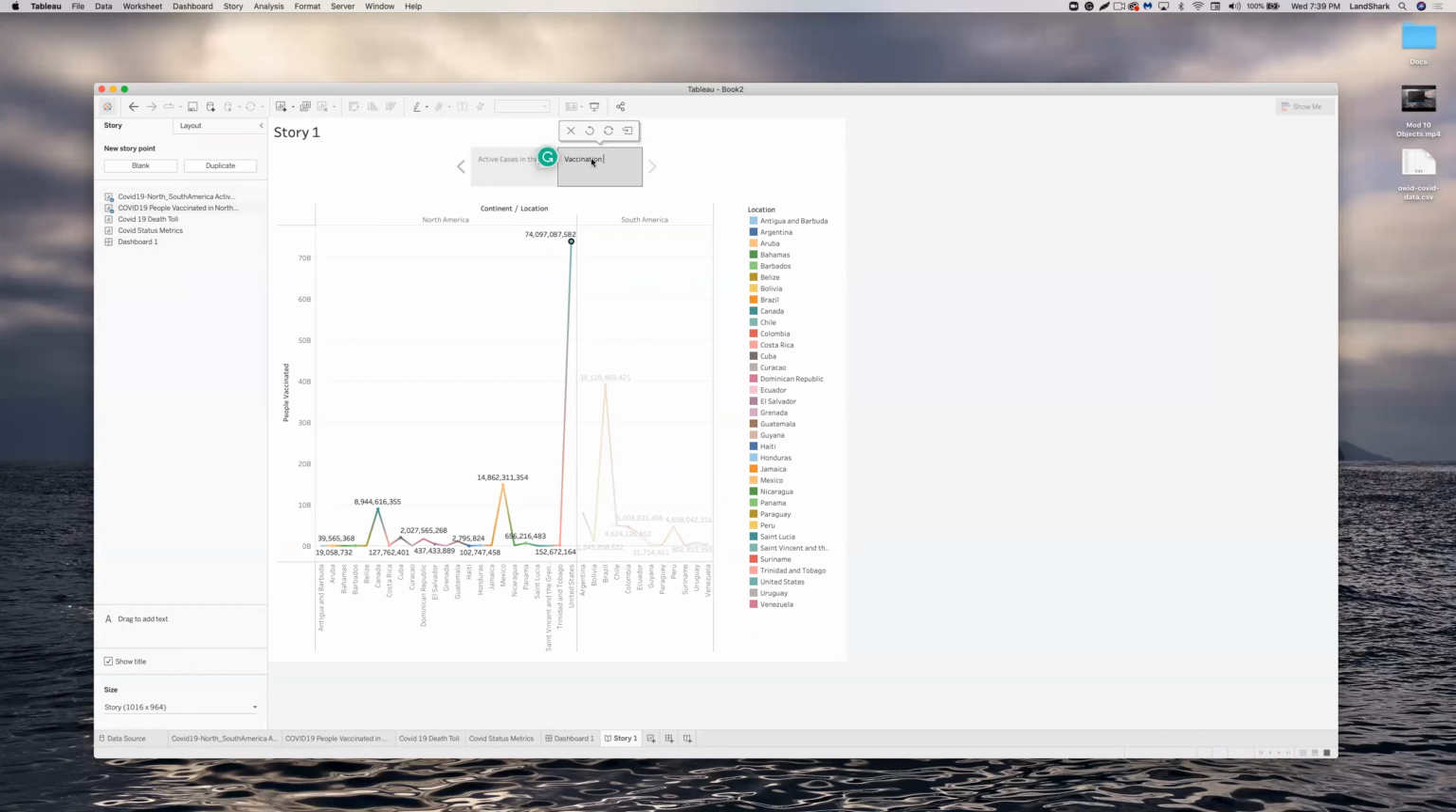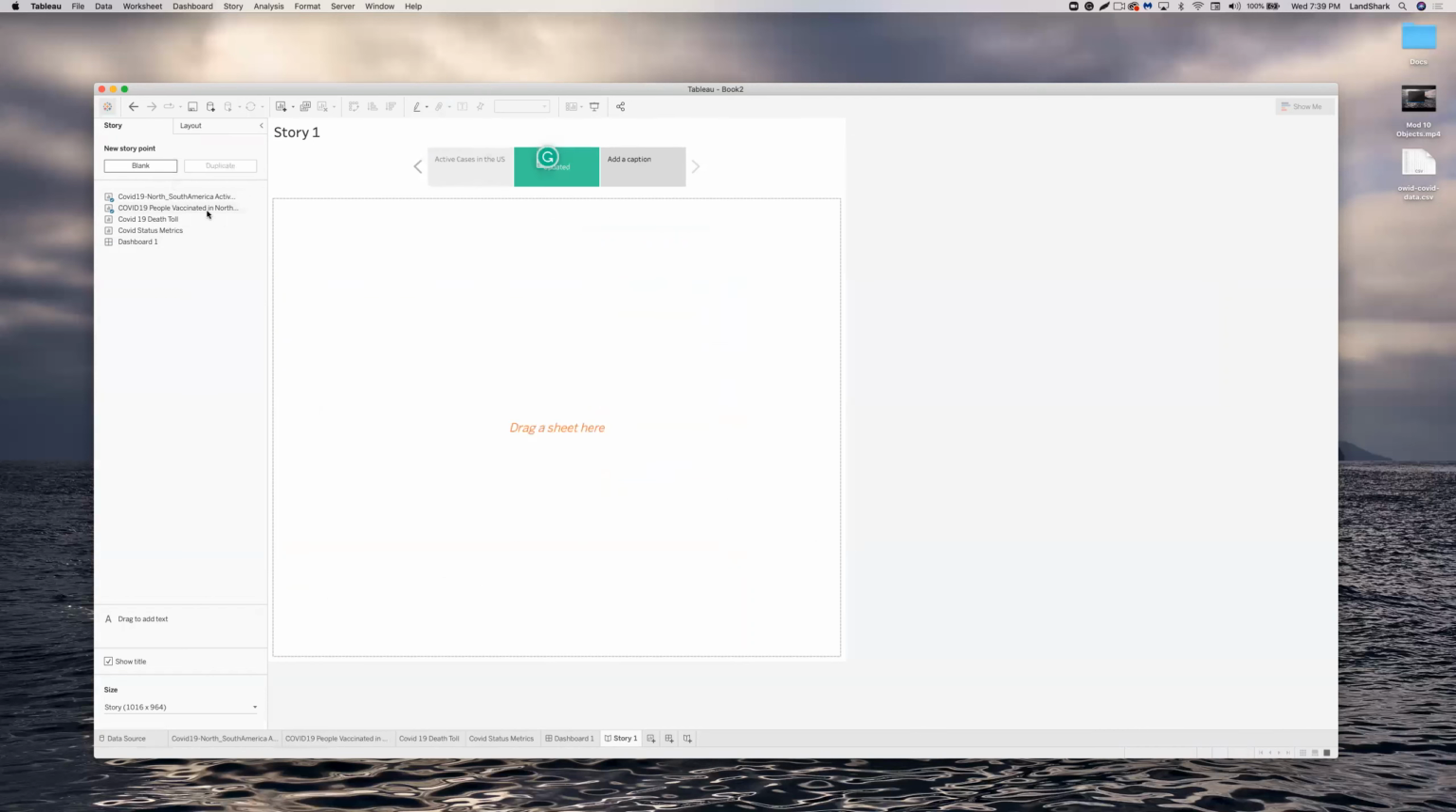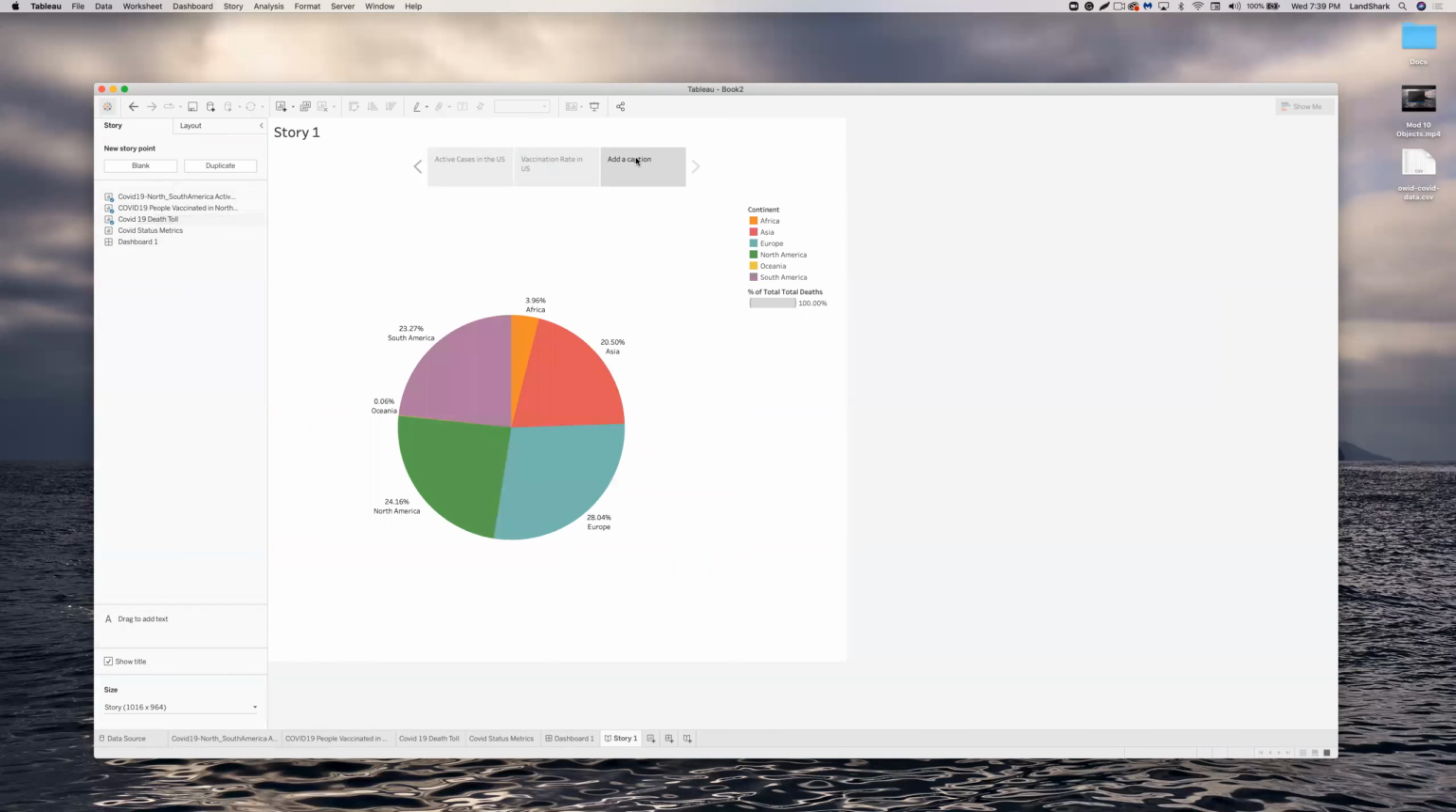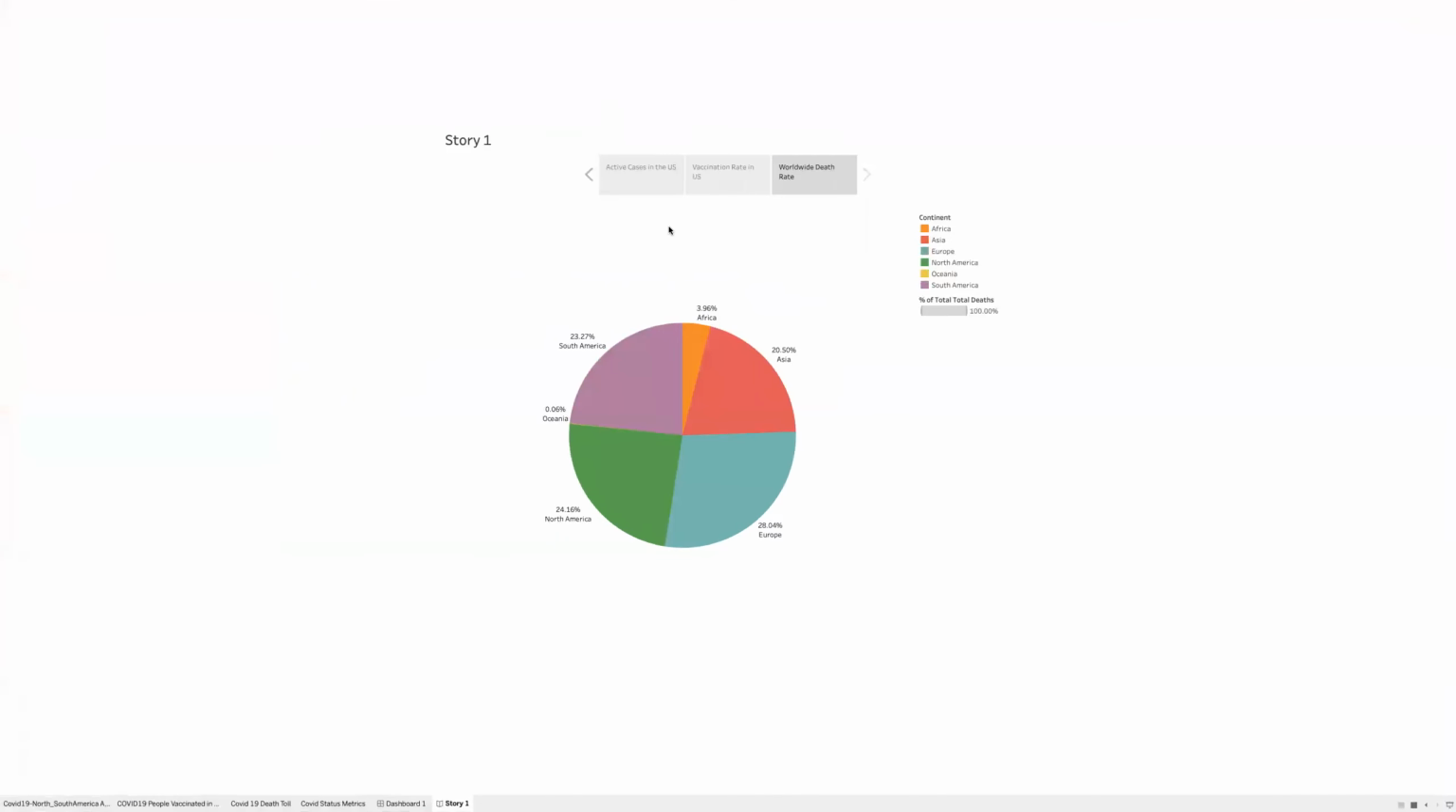vaccination rate US. Yep. And then maybe I have another blank sheet and I want to talk about the death toll. So I'll come over here and do the death toll. And then I could say worldwide death rate. Something like that. So now, if I go to present mode, and I want to do my story,